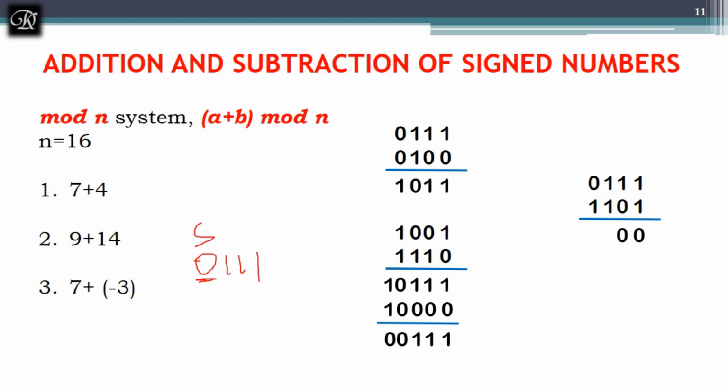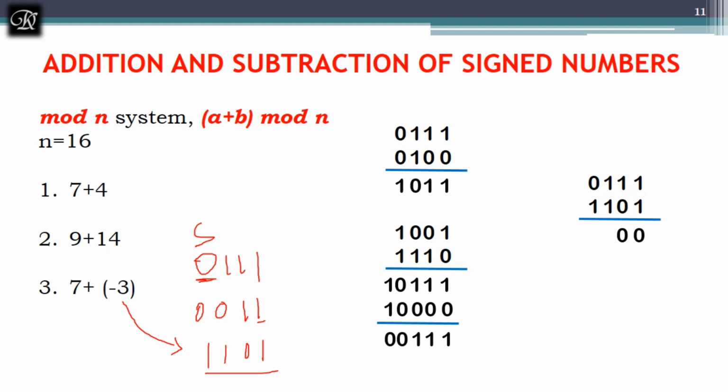Similarly, I will convert this to a 4-bit number. So 1, 1 is the 3, and I will add 2 more bits to that. So now if I find the 2's complement of this, it is positive 3. Next find negative 3. The negative 3 will be, as I said, you have to keep 1 as it is and complement the remaining 3 bits. Until the first 1 you have to keep as it is. Now this complement will be 0, this will be 1, this will be 1. This is negative 3. So that is what I have done over here.